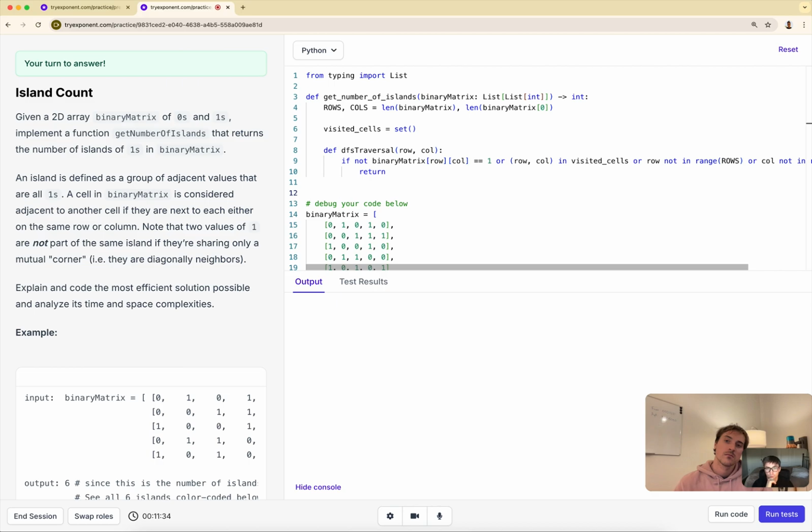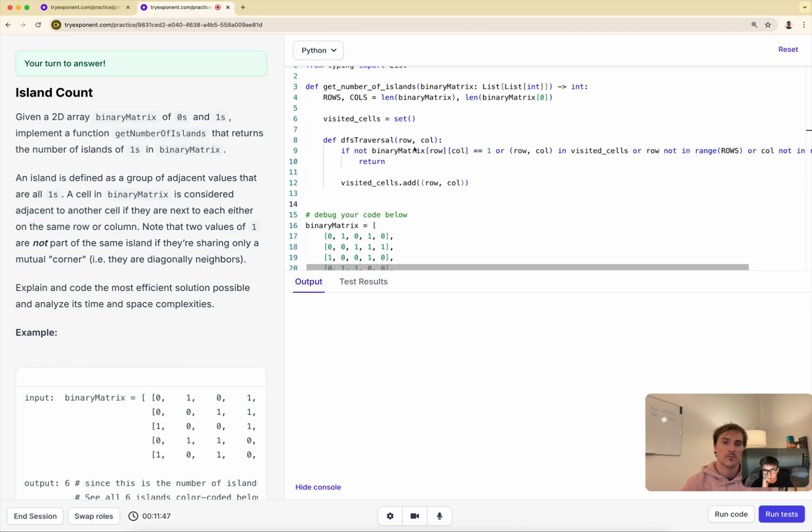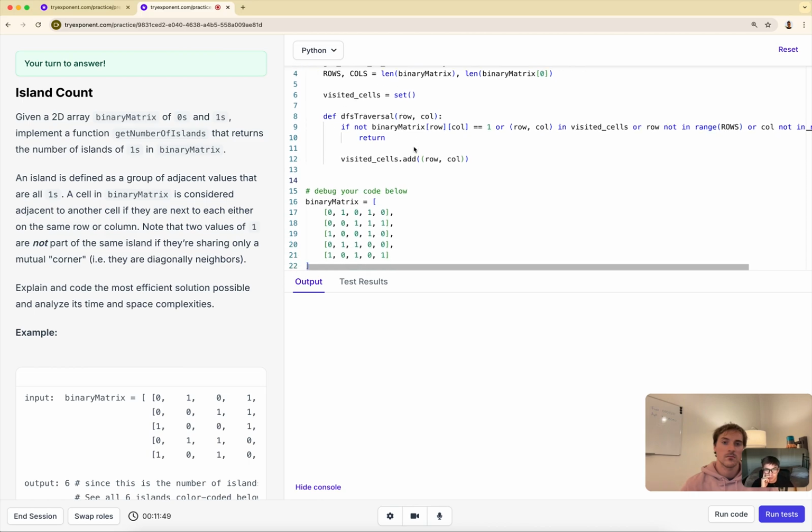And to do that, we'll need to first add the cell to the set as a tuple,